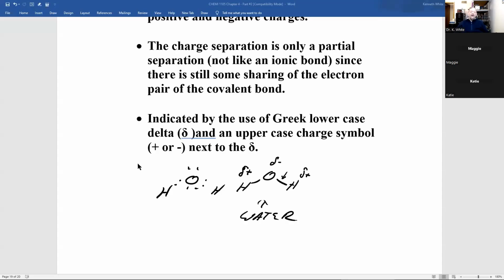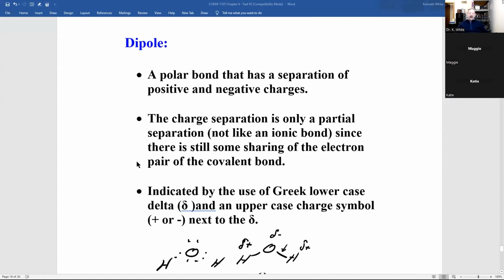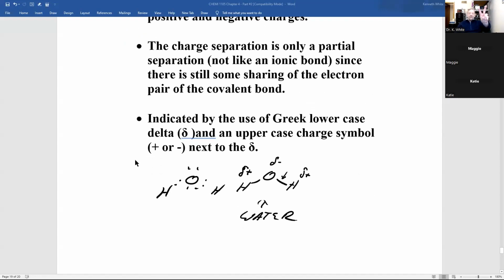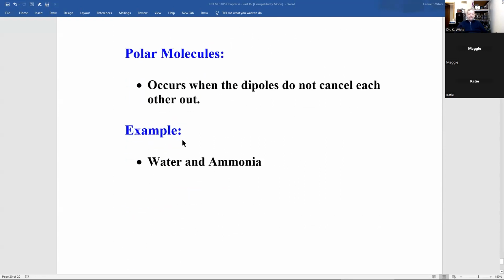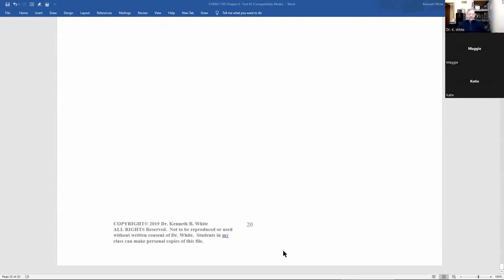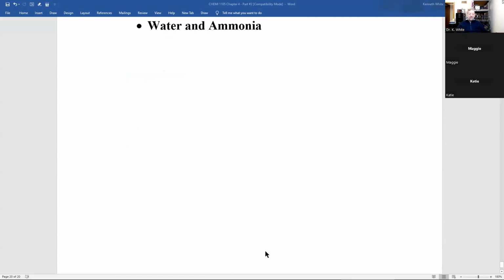I'm back. Profound, as if you couldn't figure that out. All right, we're talking about how you can have dipole moments. Di in chemistry means two, and pole, polarity. And there's a dipole in water. Now, sometimes the dipoles cancel each other out, sometimes they don't. Uh-oh, we're almost done with this chapter.